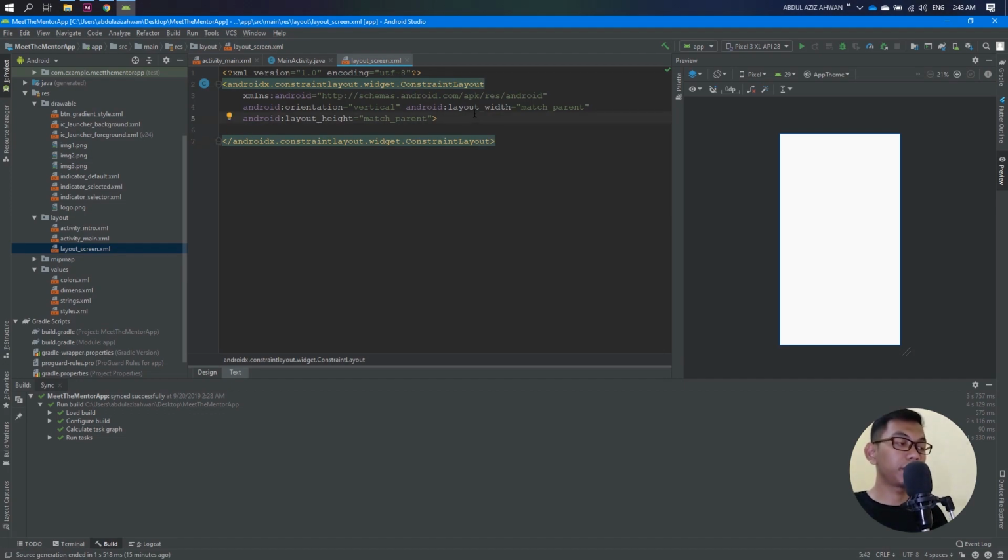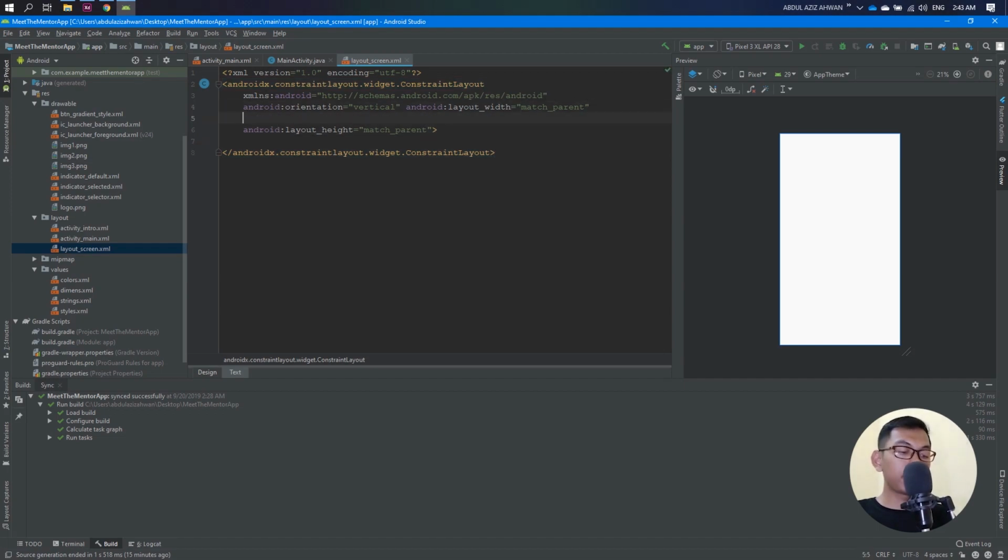And then we set the background to white,